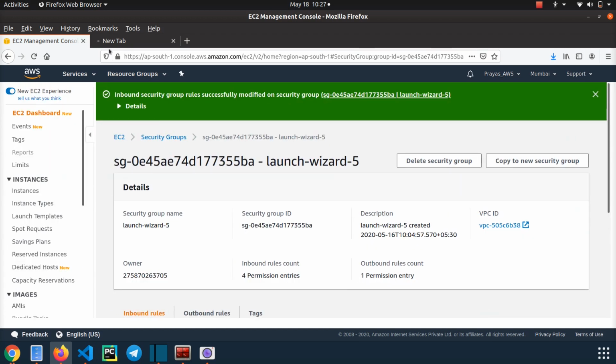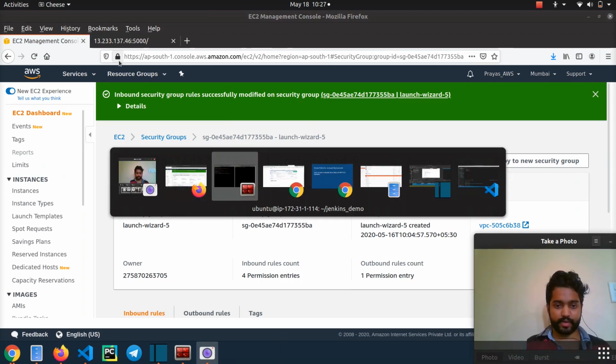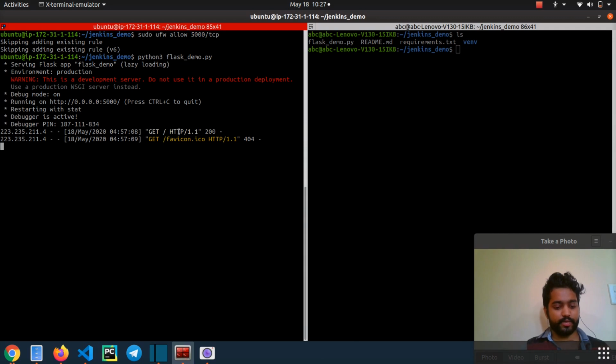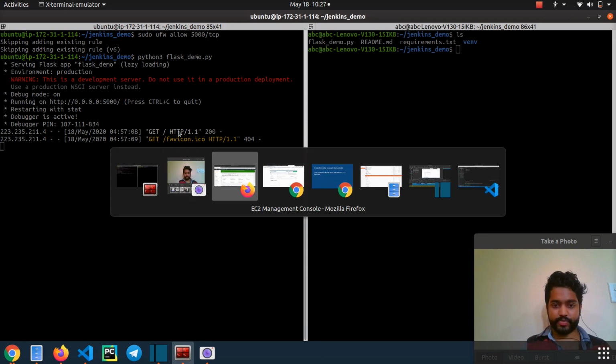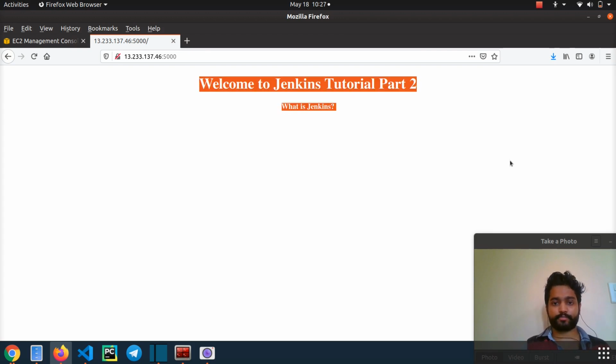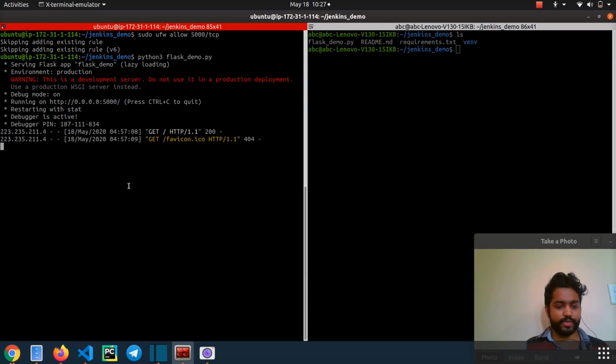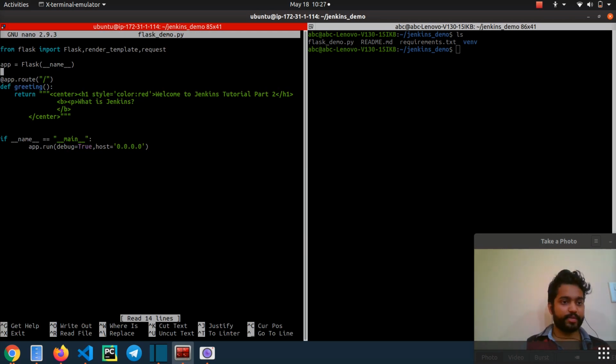And it's done. So let's get back again, and now I'll try to hit the IP, and after allowing, guys, it has access over here. So if I want to make any changes, I'll just stop this one, and if I make any changes in the file, nano flask app, I'm inside this file, we can make any changes.